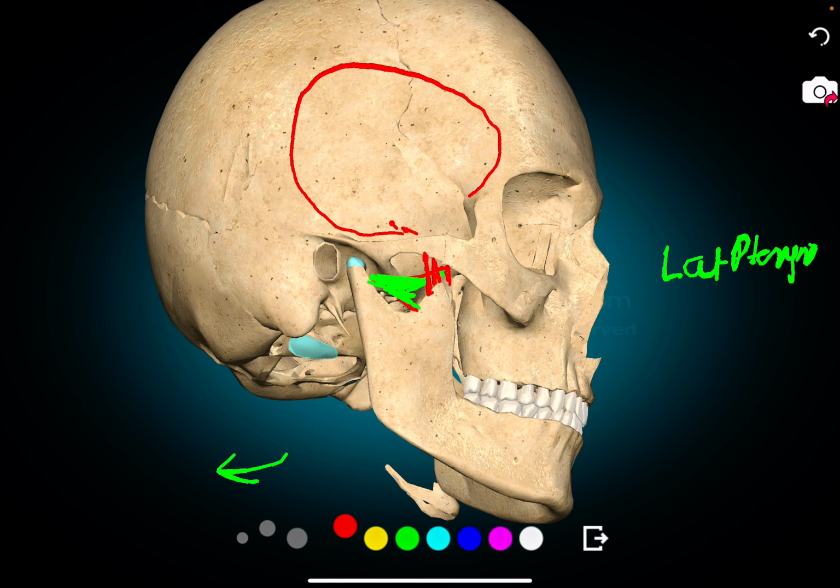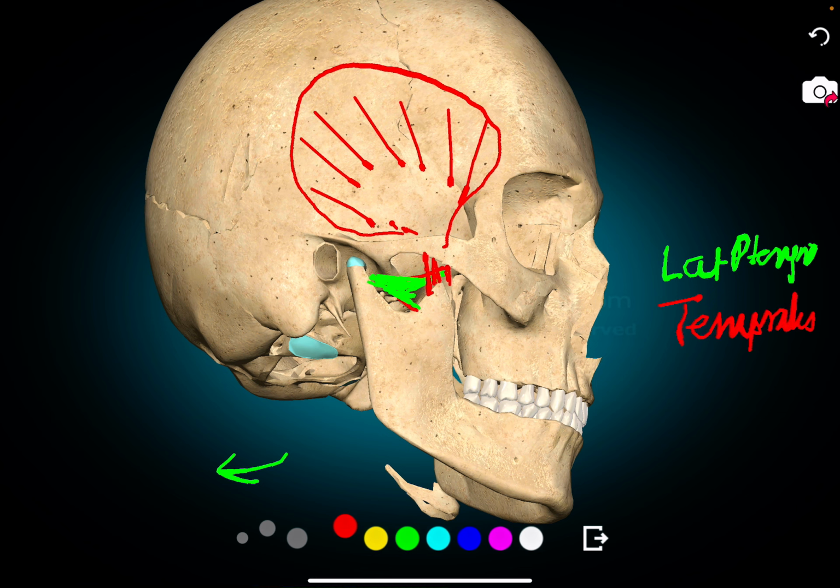That is the inferior temporal line. This muscle is the temporalis, and this is the major muscle that closes the jaw. So the temporalis closes it, the lateral pterygoid opens it, the medial pterygoid and the masseter move it from side to side,